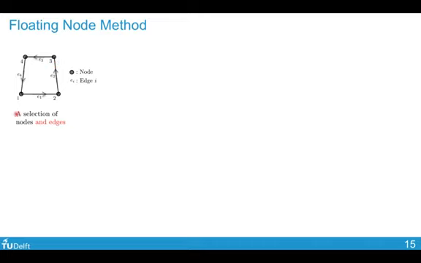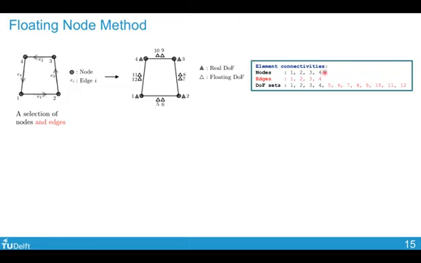And hence I took the departing idea that the element is essentially composed of nodes and edges, and these edges would have orientations. So I give a convention like this, and then I attributed the degree of freedoms to both nodes and edges. So in the definition of the element, if you were to have a comparable input file, an element would have nodal connectivities and also edge connectivities, and you would then have corresponding degree of freedoms to both nodes and edges. And here, for instance, I could allocate a pair of degree of freedoms to each edge.